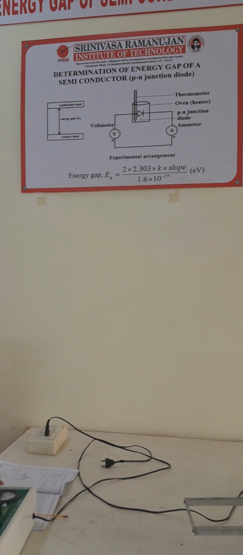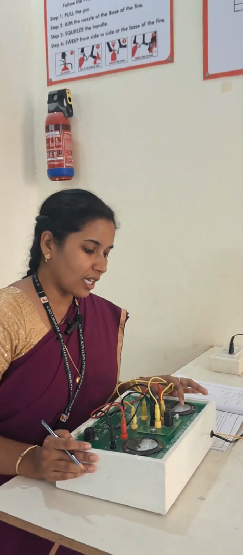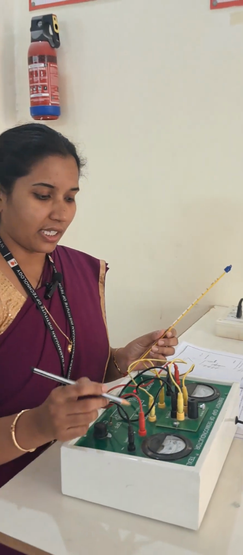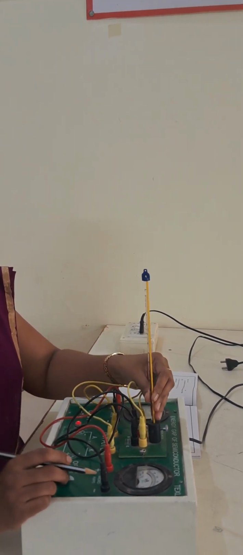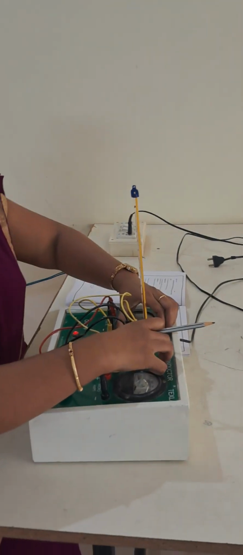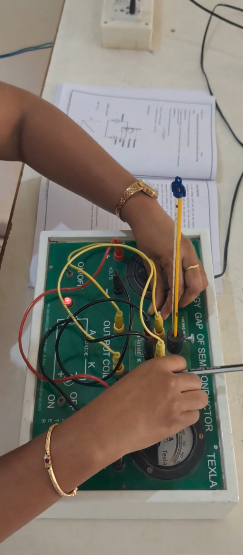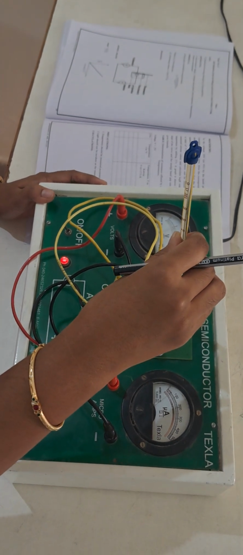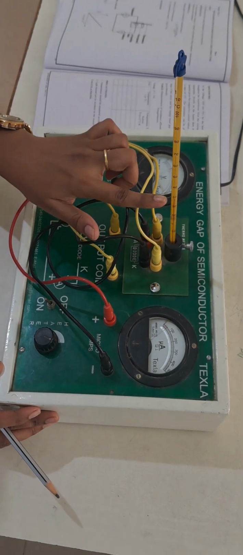Now the working of this experiment is by keeping voltage constant, that is 5 volts. For every 5-degree rise in temperature, we have to note down the values of current in the ammeter. Now the room temperature here is 30 degrees. Now we are placing the thermometer in the thermometer slot. Here you can see, when you open this you will have the oven where the thermometer slot is placed, so that by switching on the heater there will be a rise in temperature in the thermometer. Now as you can see, the room temperature is 30 degrees.